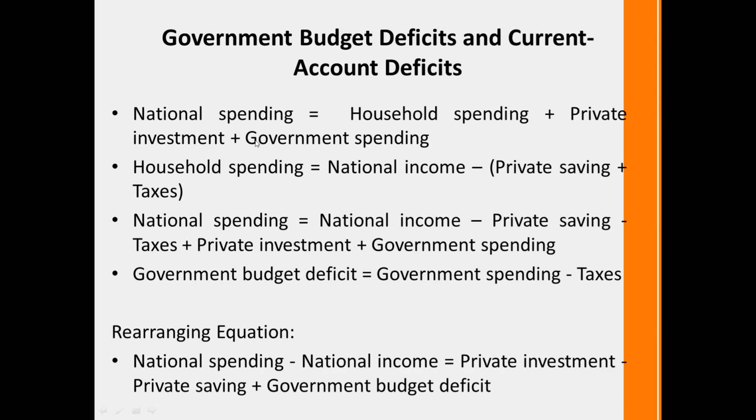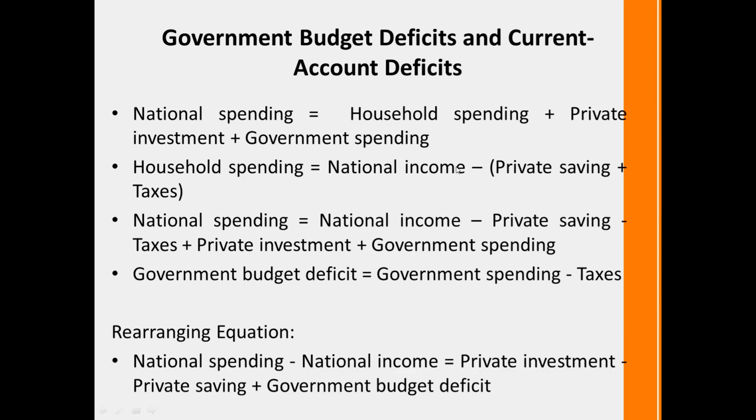So now let's expand the national spending equation: household spending plus private investment plus government spending. We are incorporating government spending into national spending. Consumption plus investment plus government spending. Then household spending we can equate to national income minus private saving plus